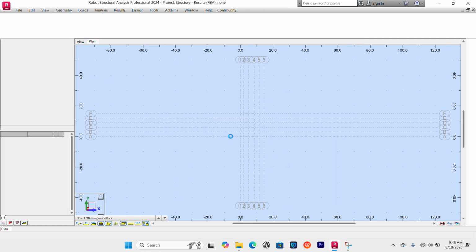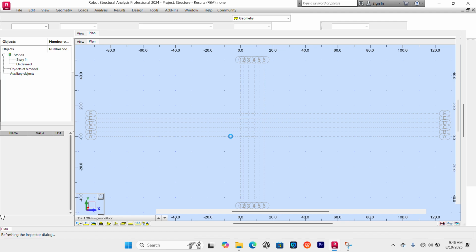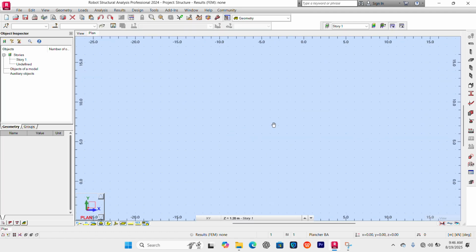No, I don't want to save it. So we'll start with the first step. What is the first step when we want to model a structure in Robot? We start with the axis, the definition of axis, as you can see here, or the grid